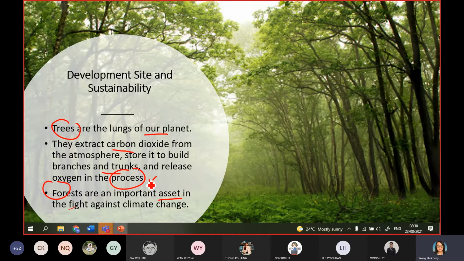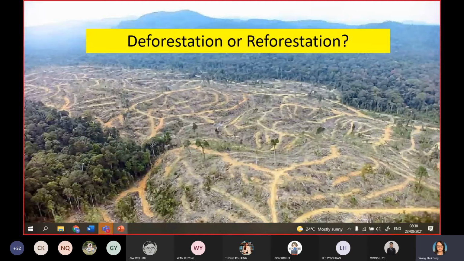And one thing to think about is that a forest is a very important habitat. Of course, not a habitat for you all. It's a habitat for who? Animals and insects, correct? So that is their important role. It's a better habitat for animals and also insects. But what happens is that when we humans want to kickstart a property development, we clear all the forests.